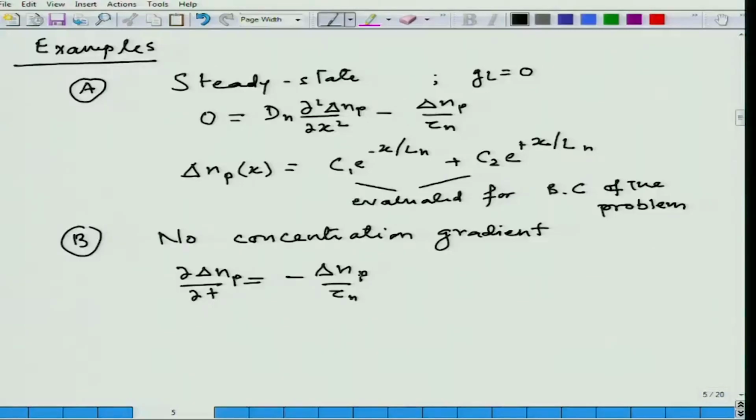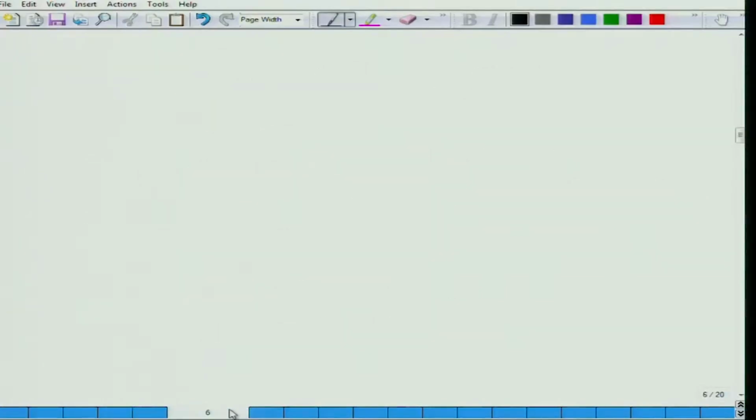and a solution for this type of differential equation is typically delta n of p at a given time t, given by the carrier concentration at time 0, reducing with the time constant of the lifetime of that carrier, which is in the p type material. So, you can see how from a general equation we can get some very simple closed solutions under certain approximations. The next approximation or example is when we have a problem which is in